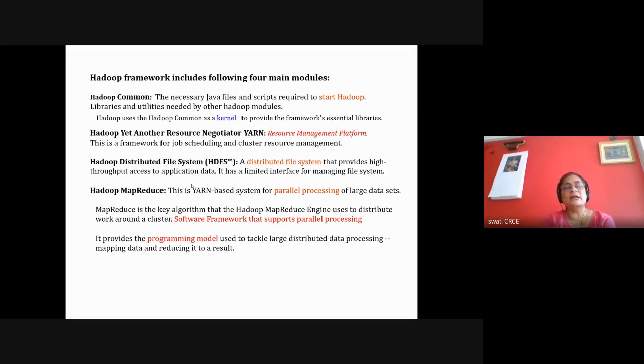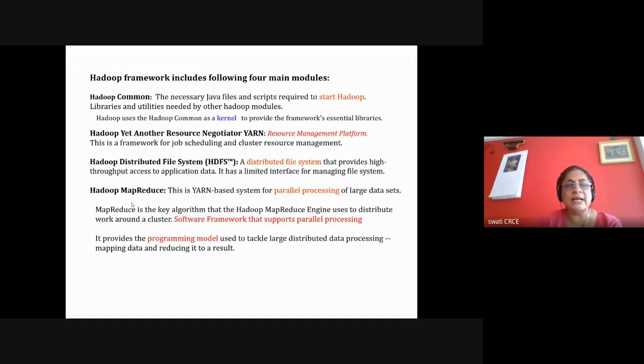MapReduce is a little difficult to understand, and we may need two lectures: one lecture to understand the components of MapReduce, and one lecture with respect to a program such as word count. We are going to see the word count program in Java or Python, and see how it runs in this particular system, with respect to the diagram. At the end of two lectures, you will be able to understand MapReduce. Right now, just go through it; I'm going to use some terms so you get familiarized with them. We will have another workflow for MapReduce, and we will revise everything. But till now, today is the introduction of some of the words about MapReduce.